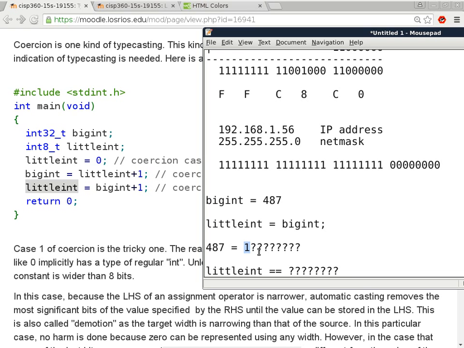And I think it should be. But C will just do this silently, lose the most significant bits, and not tell you a single thing when you're losing something that is actually important. If you're only losing all zeros, it's not a problem, right? It's not actually going to change the value represented by the number. But if you're losing something like this, a 1, that is actually significant, you will be changing the value being